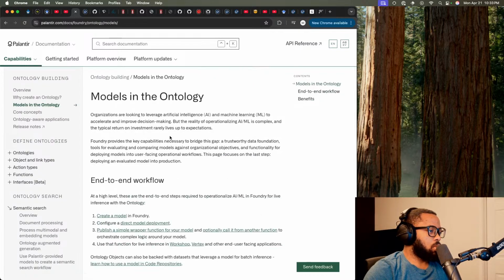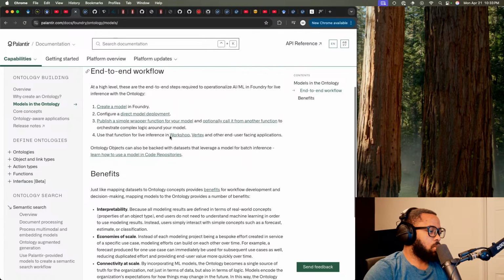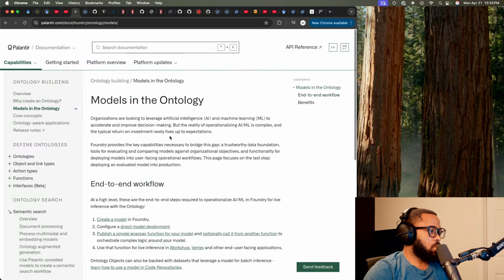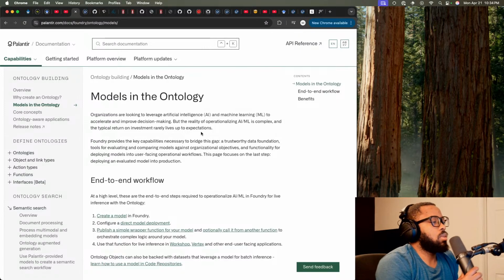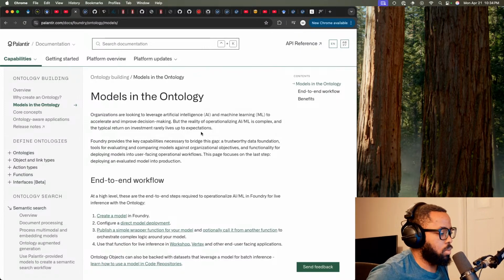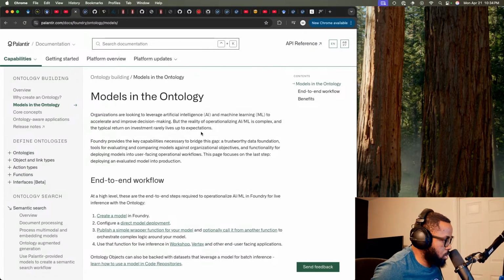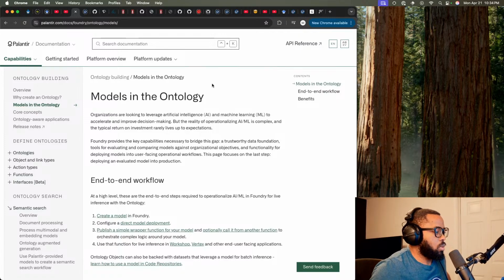Models in the ontology. Oh, here they literally mean, I think they actually mean AI models, not just an ontology model or model of an ontology. Anyway,